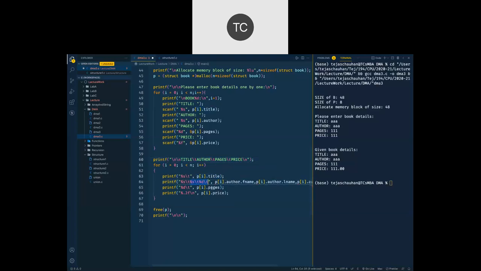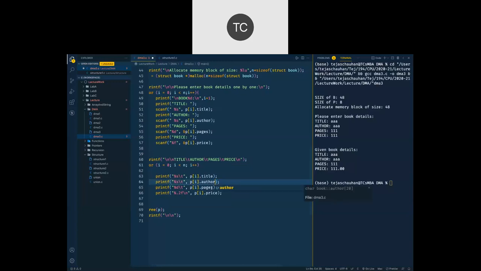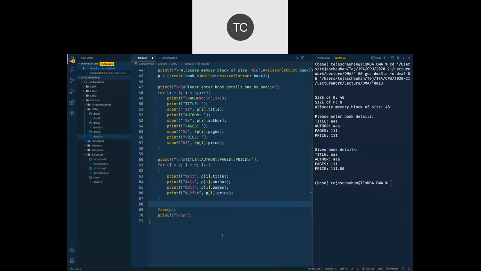Then we will print author. Rest of the code I'm going to delete here. So we are going to print title, author, pages, and price in a table format. Save it. So this is the example of going through multiple books.